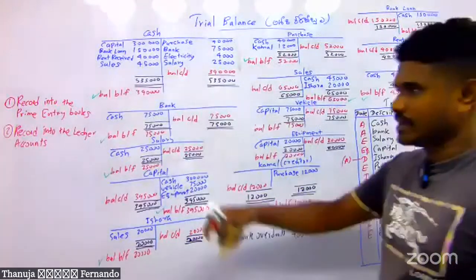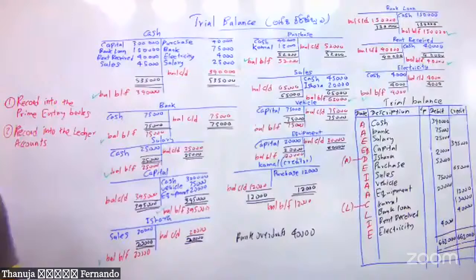So the first one is recording into the prime entry books, and the second one is recording into the ledger accounts. And the third one